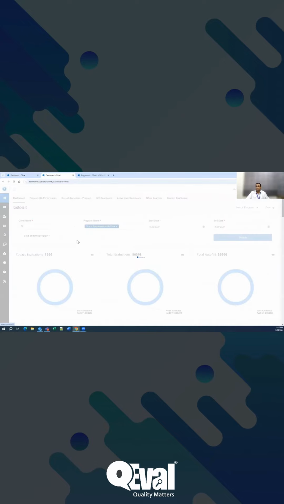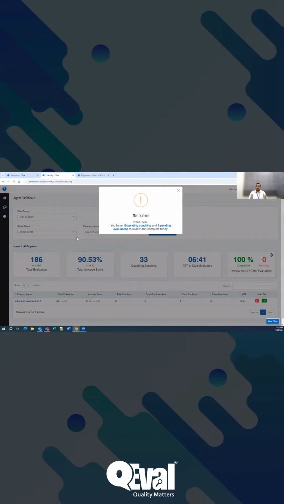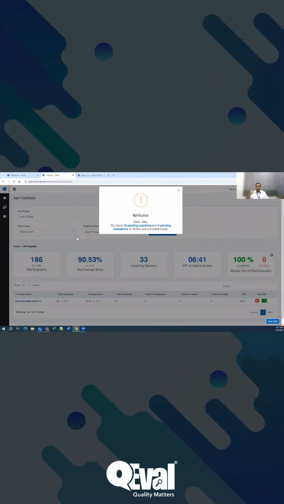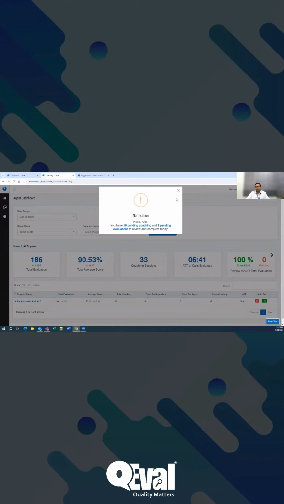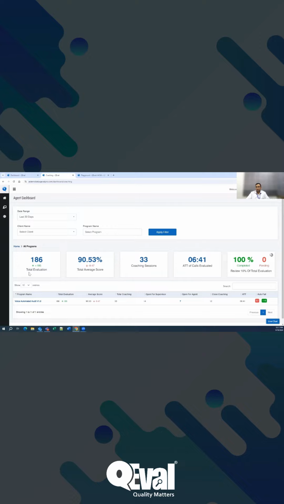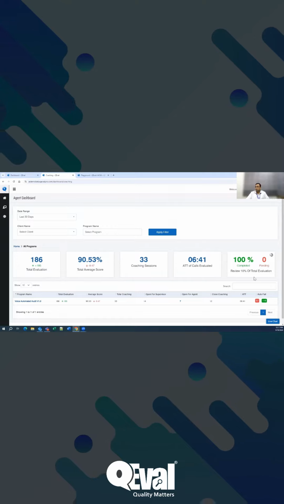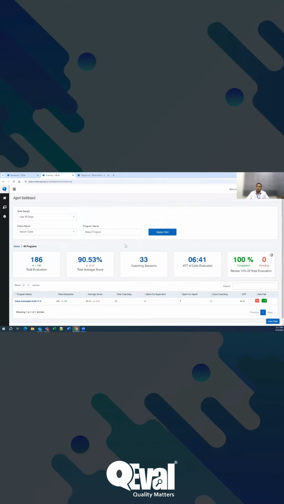So I'm going to go to an agent login and quickly show you what happens when an agent logs in. Alex is currently logged into QEval. He's able to see that he has 16 coaching pendings and 2 pending evaluations to review. Alex is also able to see how many evaluations have been reviewed for him, how many evaluations he has reviewed